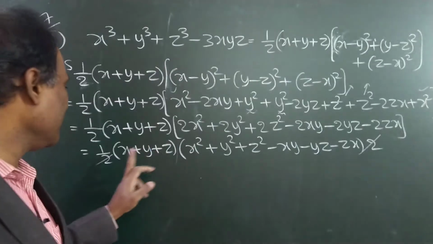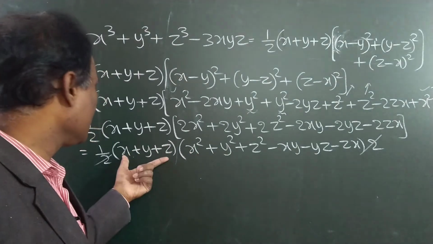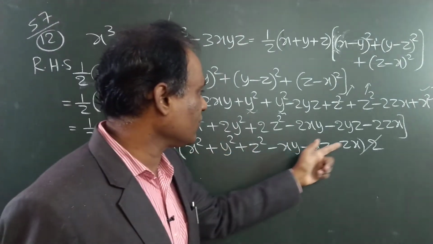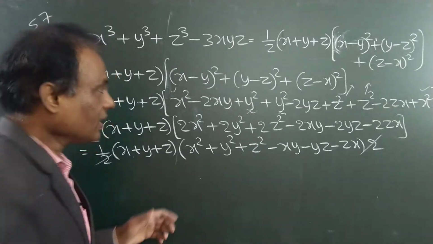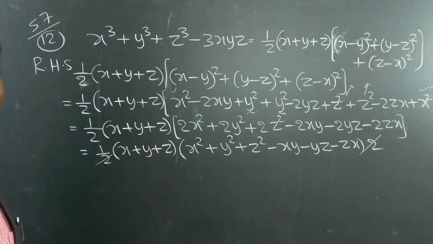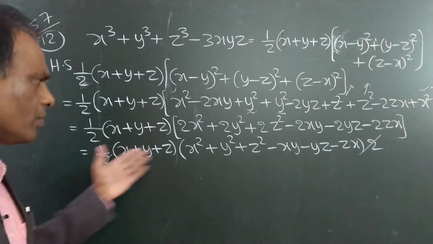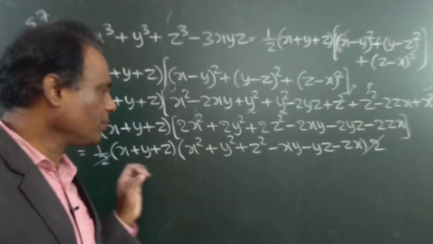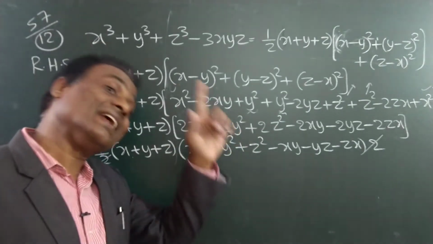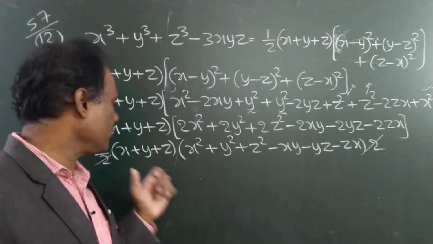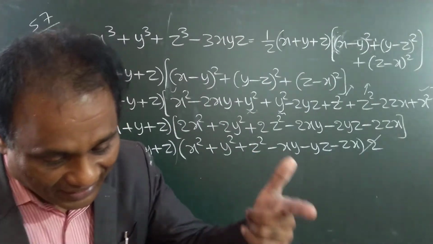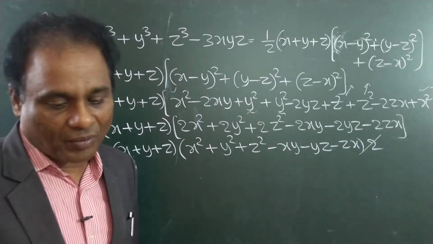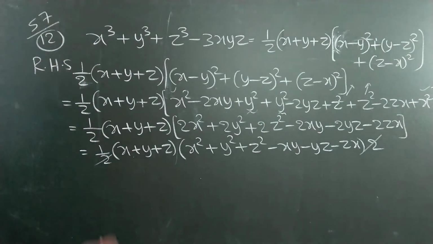Or multiply this into this: 3 times 6 is 18 terms we will get. All will get cancelled, and this will be the answer. Both ways work. If you want to multiply, you multiply; otherwise, simply write as per the identity. I gave the formula, and we even applied this identity in the 11th problem also.